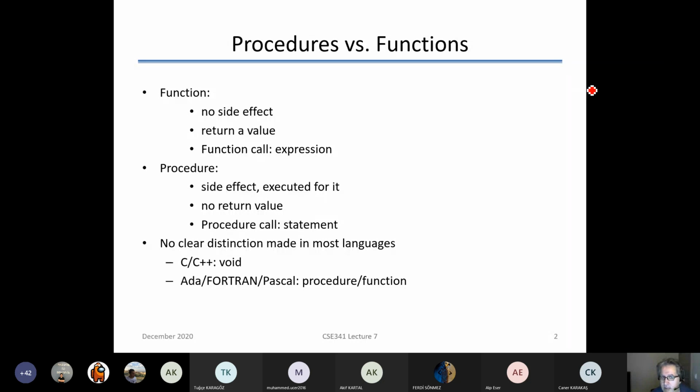So some, as I said, but you can also make it side effect free as well. C type of languages, or C and its variants, actually don't enforce this definition. Some languages will actually enforce this specifically. So when they enforce it, for example, a function will never be able to cause a side effect and